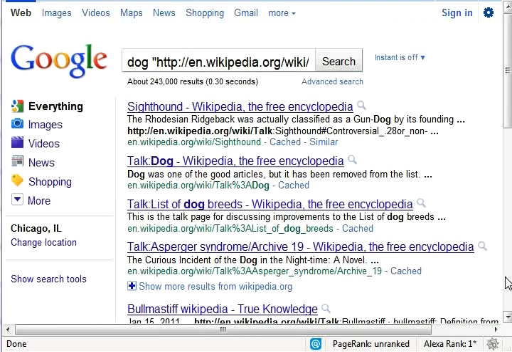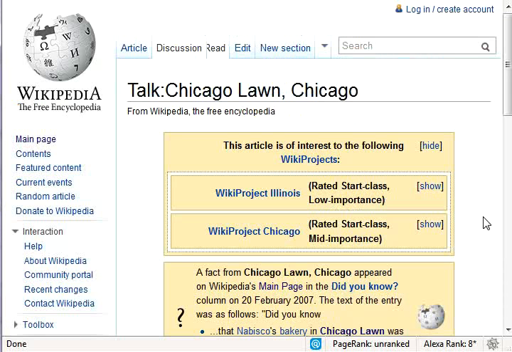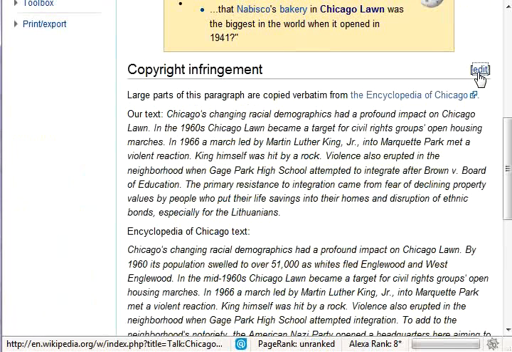And then you can go in, and a lot of times you can drop your link into these discussion pages. What you do is go to the particular discussion page, click edit, and add your own comment.